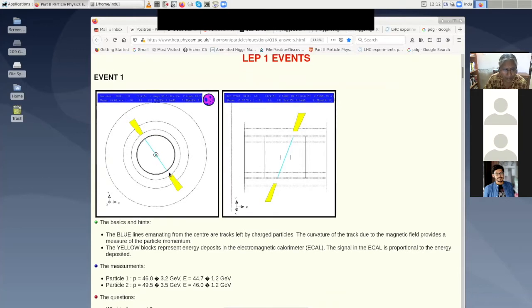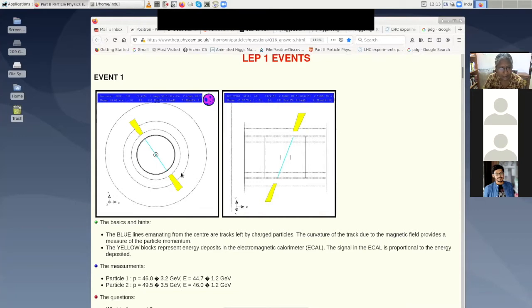The first part is what is called a tracking chamber, where the charged particles leave tracks. If it is a photon, which then say decays and produces an electron and positron or something like that, the photon will not leave any track in this central circular part. Is this clear? So the blue line in the central circular part means we are dealing with a charged particle. You cannot see the curvature of the track here, but when they fit it to a curved track, you can see the curvature. There's a magnetic field in the whole place, so they expect to see curved tracks, and from there they will know whether it's an e minus or e plus or a mu minus or mu plus.